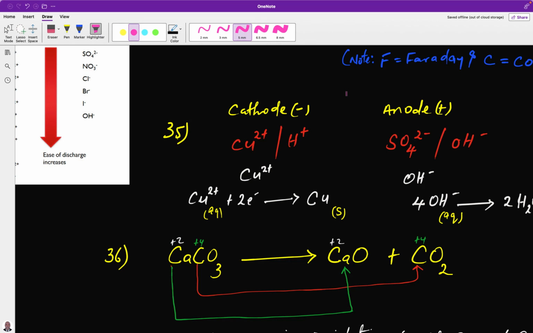There are two electrodes, the cathode, which is the negative electrode, and the anode, which is the positive electrode. So the hydrogen ion will go to the cathode. Meanwhile, the OH ion from water will go to the anode. Then, that is for water. Then for the copper 2 sulfate,